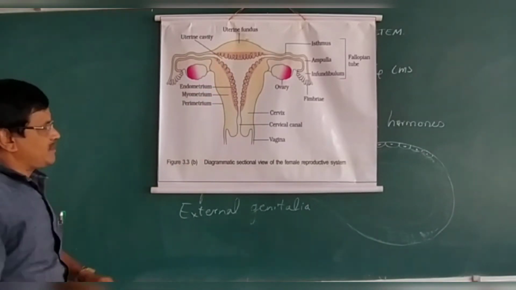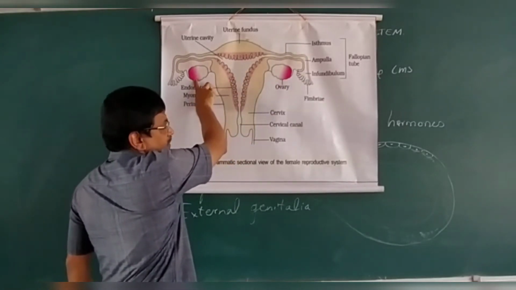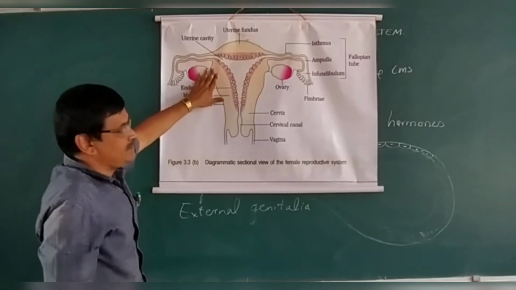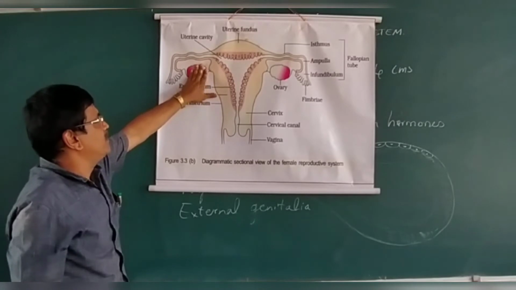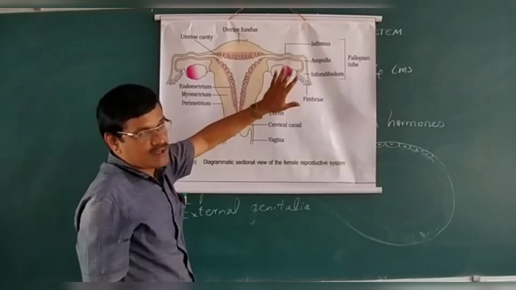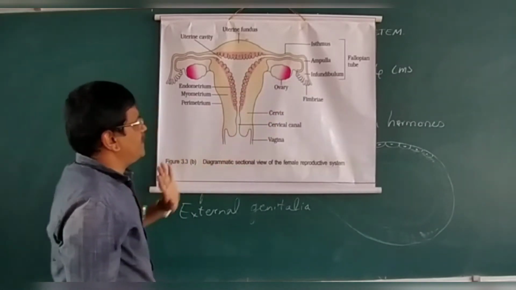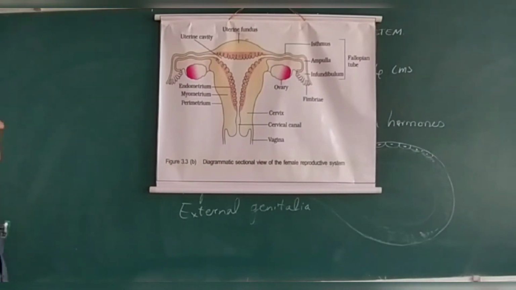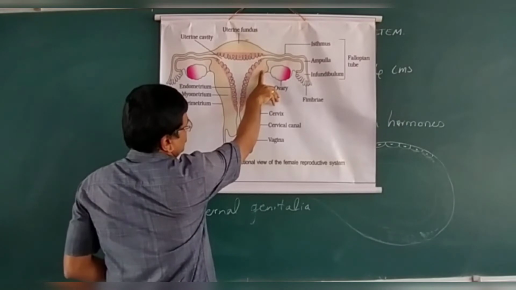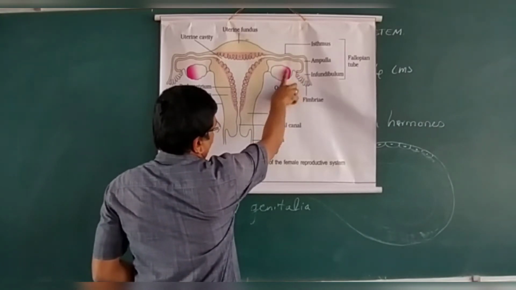So this female reproductive system, as I already explained, consists of a pair of ovaries which are situated on either lateral side of the lower abdominal cavity, and this ovary is attached to the dorsal surface of the pelvic region through ligament as well as through mesovarium. It is a tissue through which the ovary attaches to the dorsal surface of the abdominal cavity. It is also attached to the wall of the uterus through ligament, and another end of the ovary is attached to the end of the fallopian